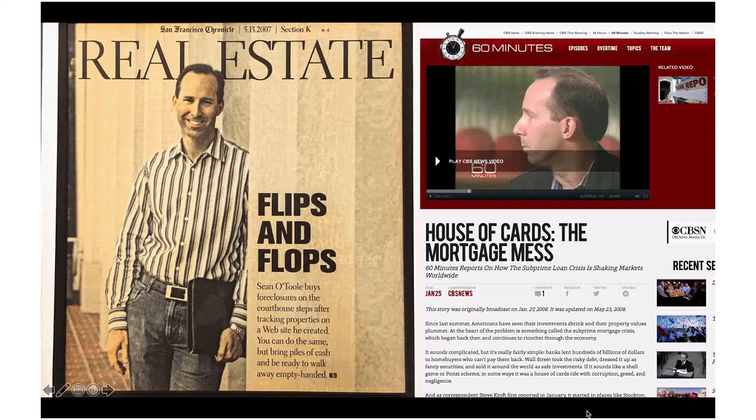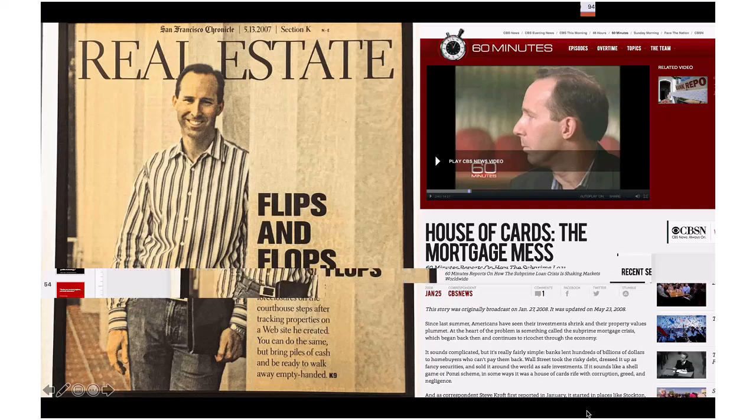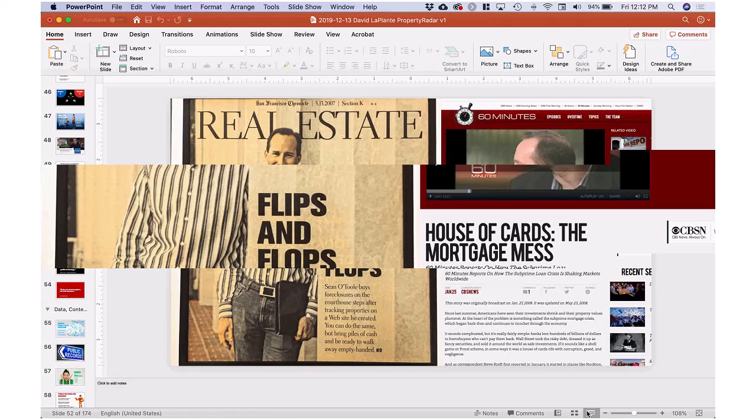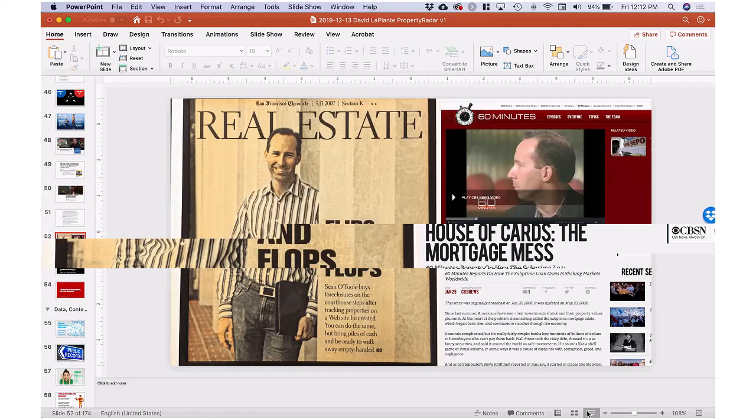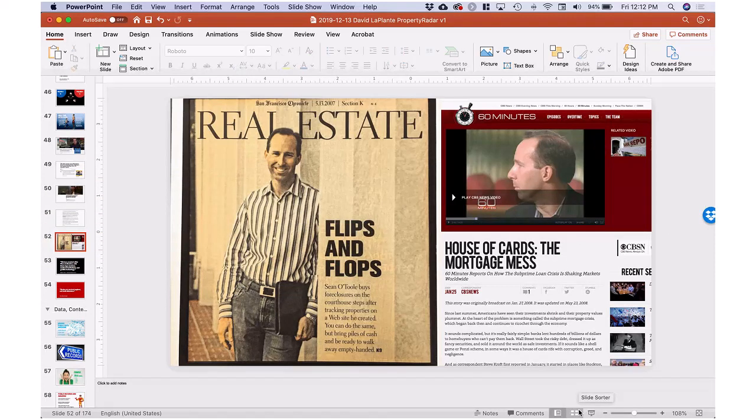The foreclosure crisis obviously came to an end, and we had to pivot. So we changed the name to Property Radar, to really diversify the data, the services, and the breadth of who we serve. Today it's quite a bit different in that over time, our customers have evolved. We had a lot of customers start as investors, and they've started other businesses. They've been real estate professionals. They've owned other home and property focused businesses. And the common denominator for driving a lot of that business growth has been data.